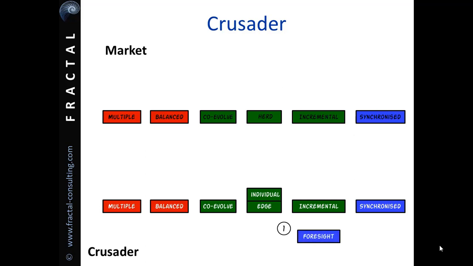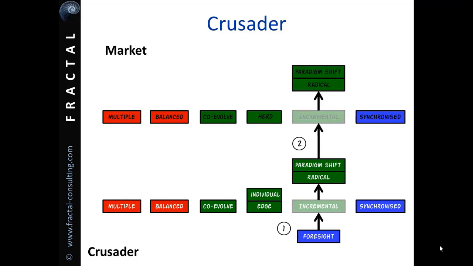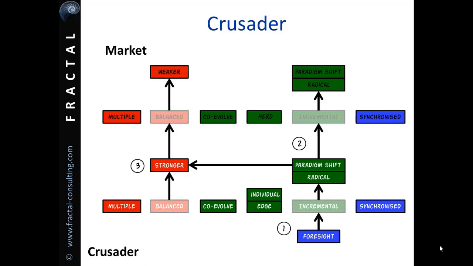So you start this strategy by looking for current customers who are disenchanted with what's on offer. Are there enough of them to provide you with a market segment that you can fill and then grow? If you think there are, then you'll use two types of stretch, a radical change in how you do what you do, and a paradigm stretch in why you're working that way. From the customer viewpoint, they also have a paradigm shift in why they're choosing your offering, and maybe some radical change in how they buy. As you deliver your offering to increasing numbers of customers, you build your relative strengths. All your marketing, all your execution, they need to be totally congruent with the values part of the brand promise to be a true crusader.